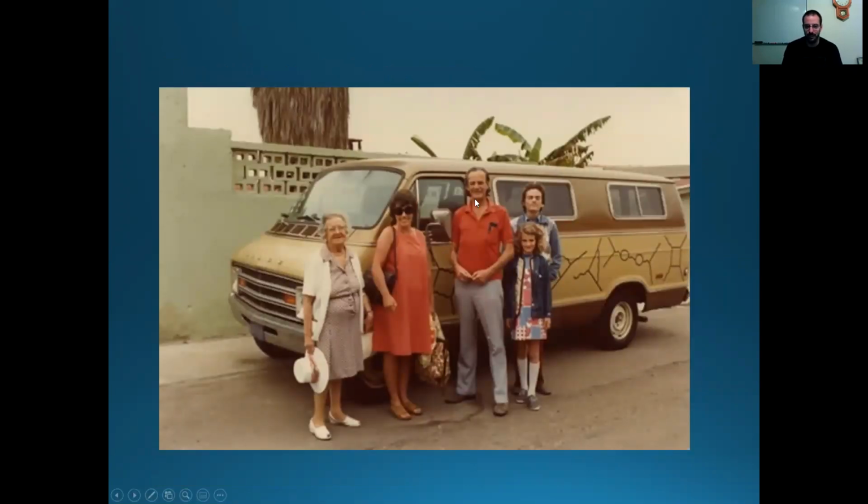This was Feynman later in life with his wife, his kids, and his mother-in-law. He actually had a van with these little diagrams printed on it. So it would always be fun because he would drive around at Caltech and people would stop him and say, hey, why do you have Feynman diagrams on your van? And he would say, because I'm Feynman, that's why. And his license plate was quantum on this van. So he's quite an interesting character.